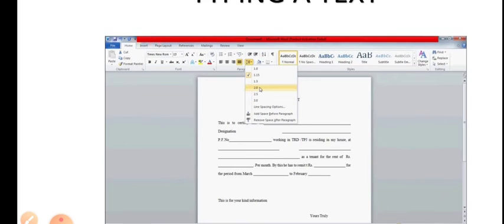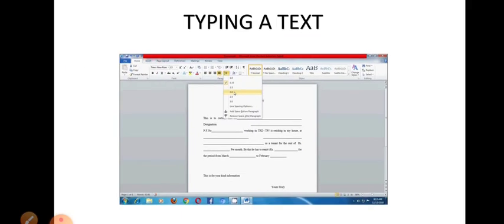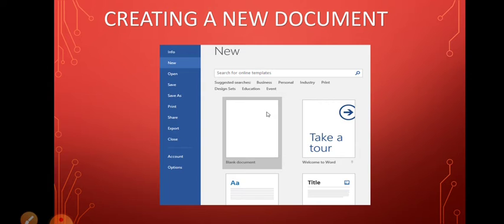Now the next one you will look at, that is creating a new document. Now creating a new document, the shortcut key for that is Ctrl plus N. From the keyboard, if you feel easy with the keyboard, then you have to press Ctrl plus N, both at the same time. A file created in Word is known as a document. It consists of the information that we have typed.